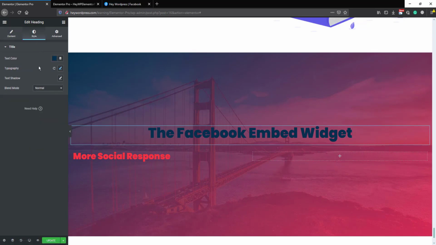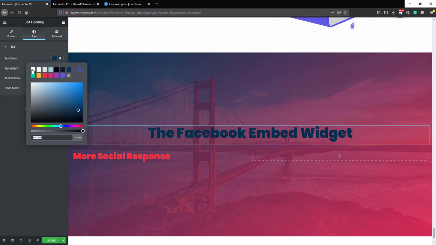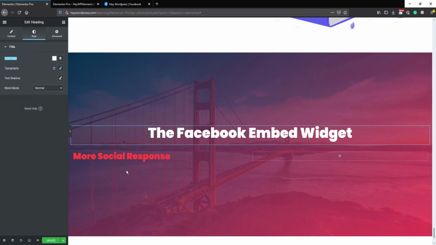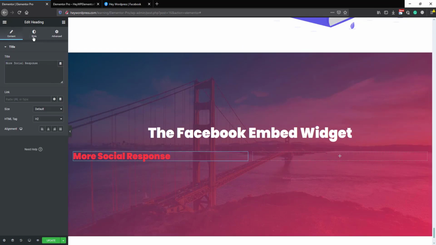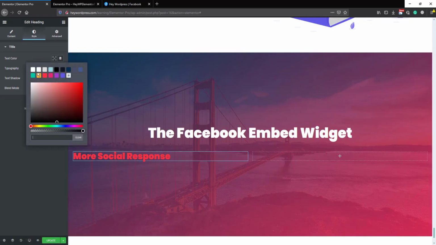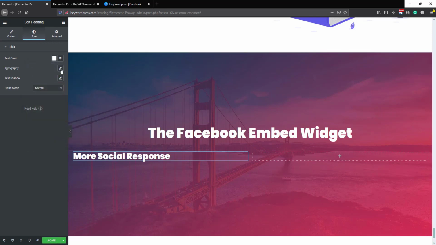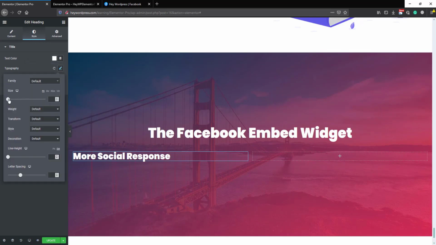Go to the style, we will change the color to white. Okay, this one we will also make it white. Then we will go to the typography. We will change the font size from here. Okay,